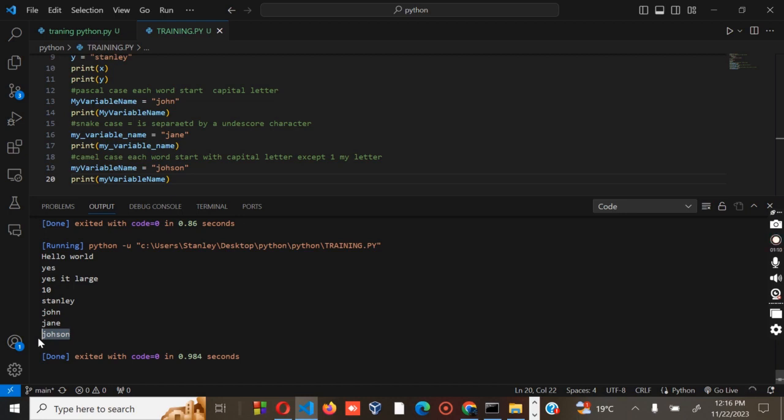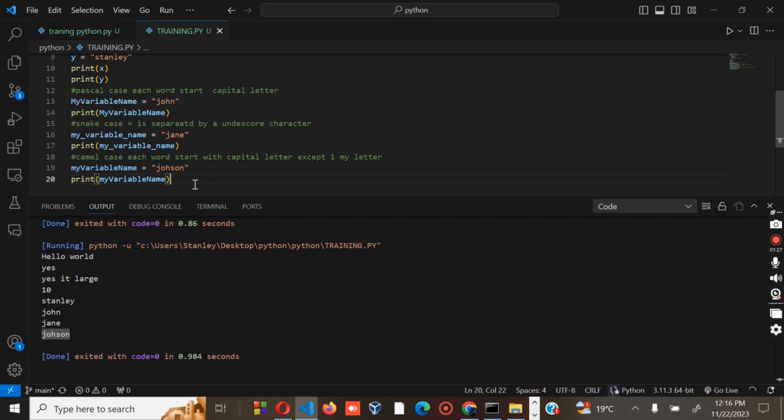In our next part, we have another scenario whereby you have to assign values to multiple variables. Python allows you to assign values to multiple variables in one line.